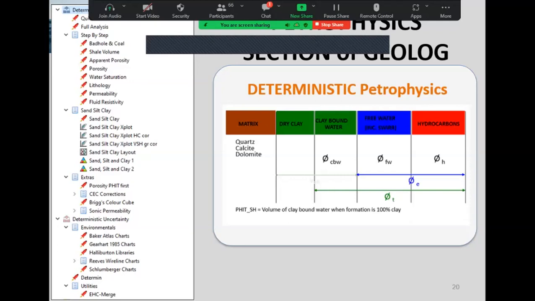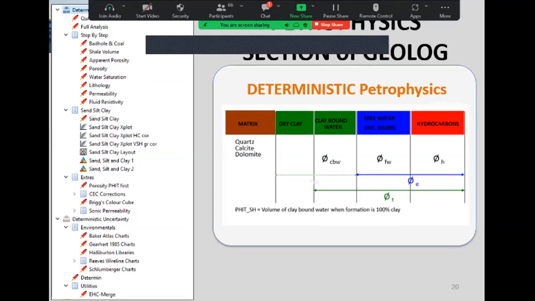When we go to the petrophysics suite of Geolog, we have two options for formation evaluation based on two methods of petrophysical evaluation, deterministic and probabilistic.